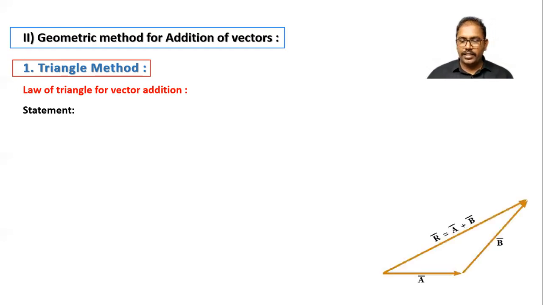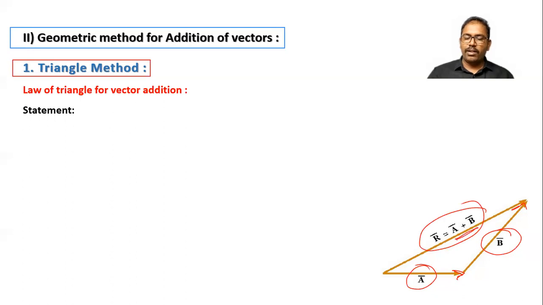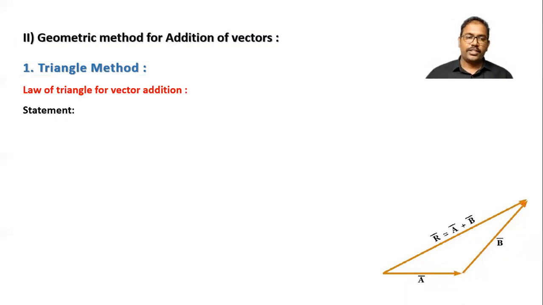See here a triangle. You can see the first side of the triangle shows the first vector A. The second side shows the second vector B. You can see a direction also here. So the first side shows the first vector, the second side shows the second vector, then the addition of these two is the third side. You can see here A bar plus B bar we are getting along the third side. So in the triangle method, the first vector gives the first side, the second vector gives the second side, then the addition is the third side. And here the first vector and second vector we are talking about in magnitude and direction, so magnitude also we are considering, and direction.